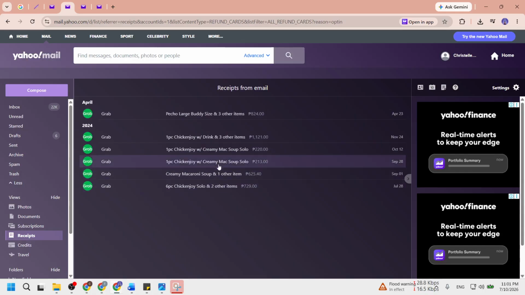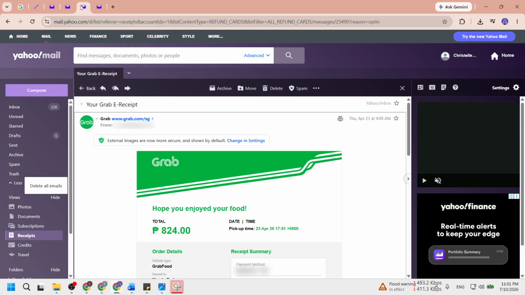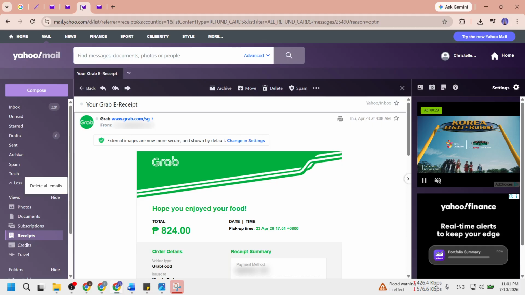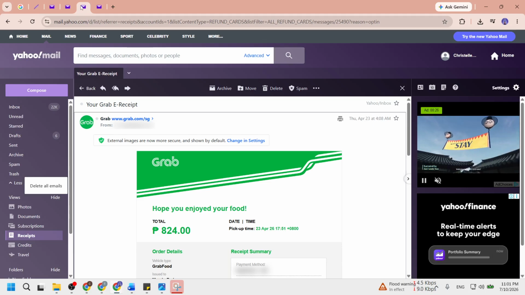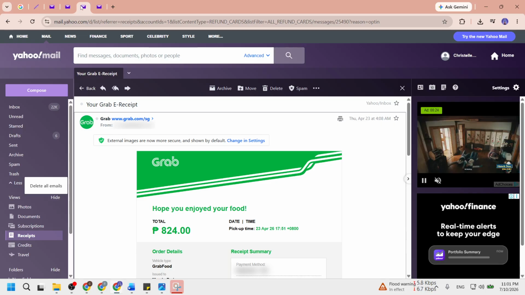Now, check the boxes next to the order confirmation emails you want to remove. Take your time to select only those emails you wish to delete. This is an important action because it allows you to be selective and avoid deleting anything accidentally that you may still need. Selecting the correct emails ensures you maintain a clean and organized inbox, making it easier to find important